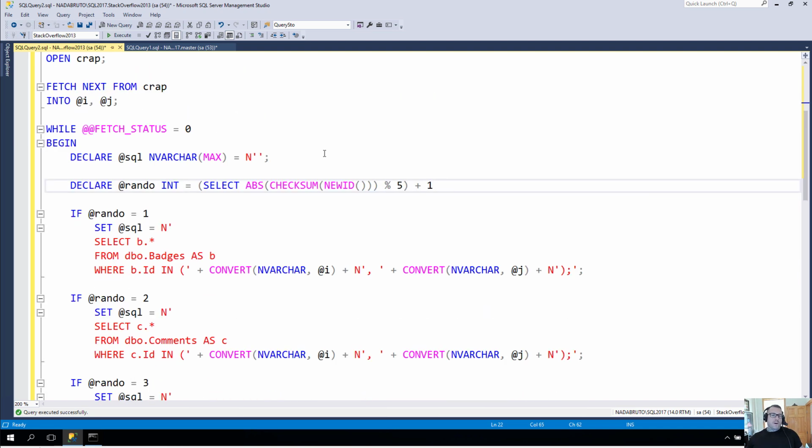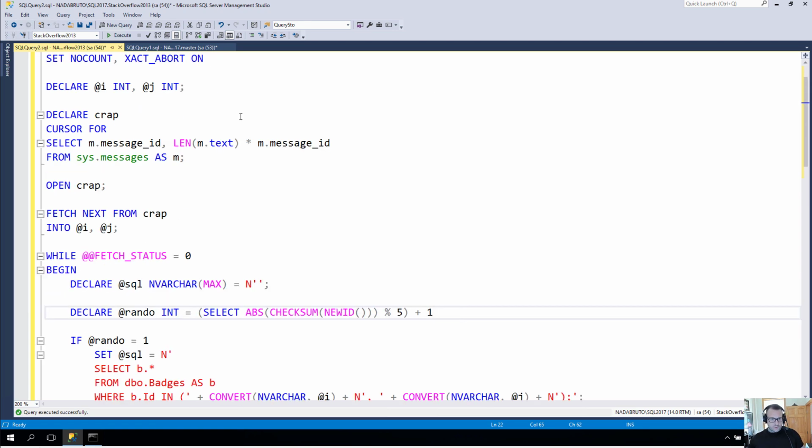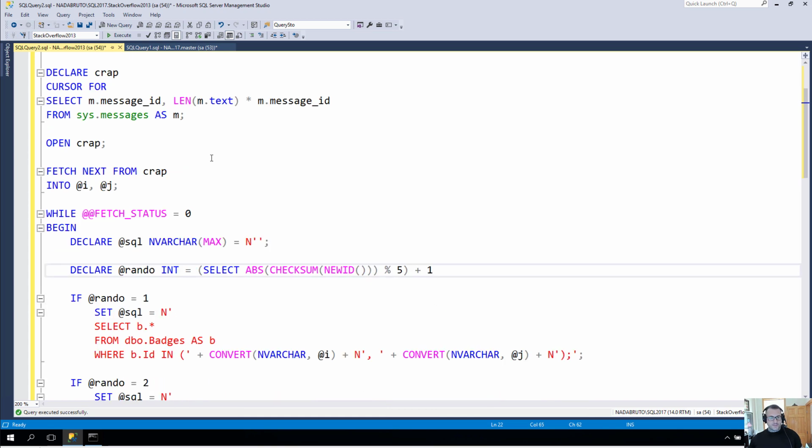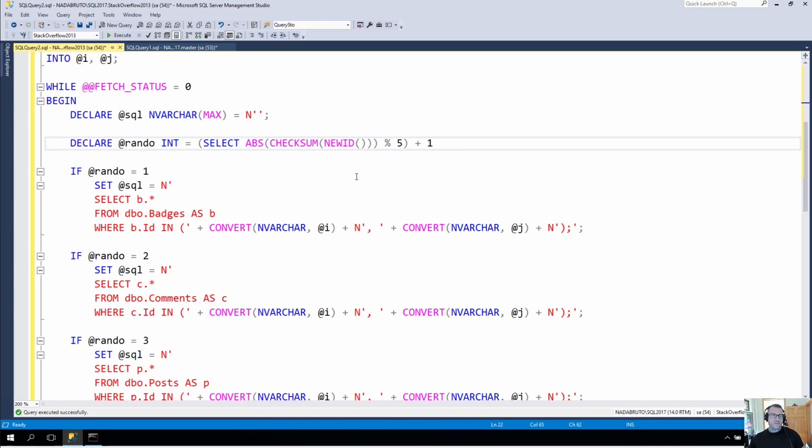My randomizer query looks like this. It's a stored procedure. It grabs some weird values from the sys.messages table, sticks them in a cursor, and basically iterates over that cursor. And depending on what seed value this thing has, let me stick a semicolon there and make sure that I have everything correct. I would hate to not terminate a statement properly, but